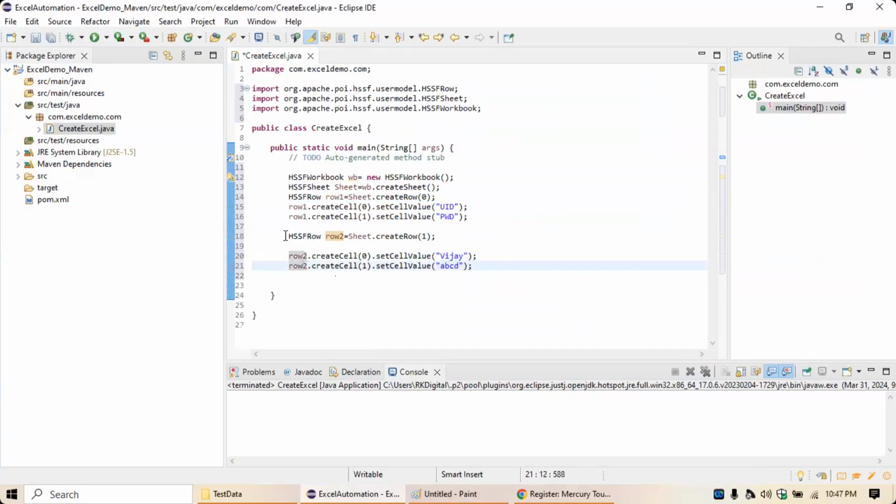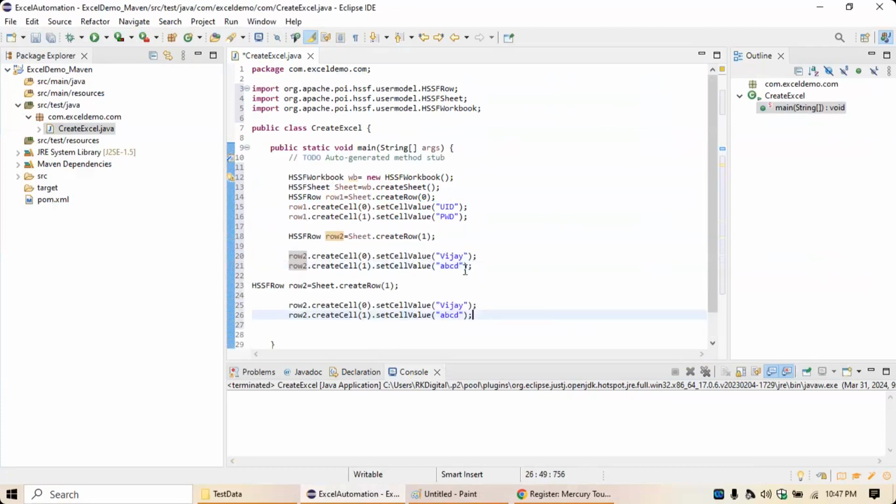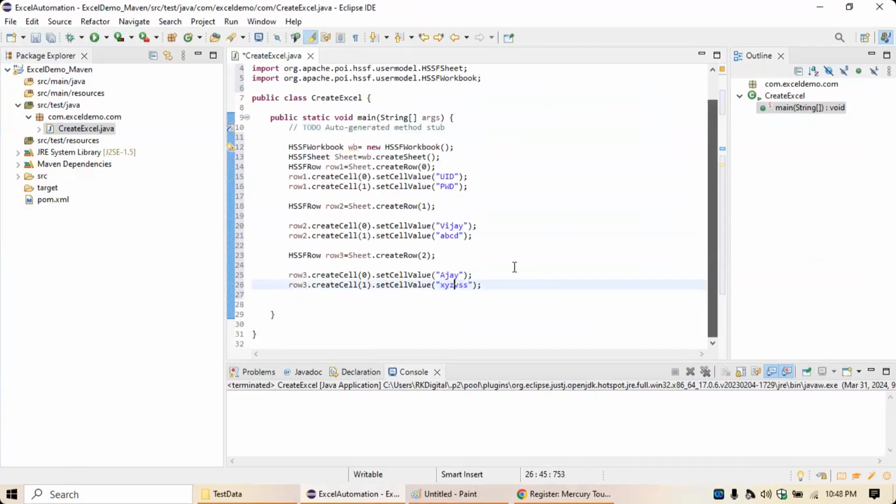Now similarly row 3. So what are we going to do? You're going to change it to row3, and then you're going to make the index 2 and this is 3, and then you're going to have Ajay as the name and the password as XYZ something. Whatever you wanted to give, you can give. So once you create these 3 rows, this is userID and password, after that Vijay and some password and Ajay and password,